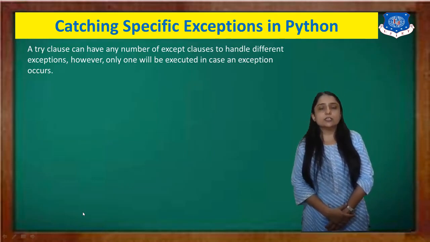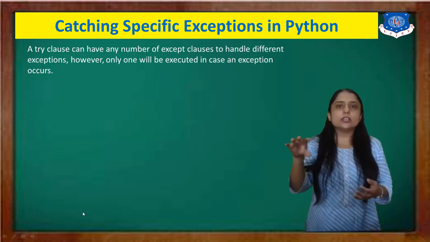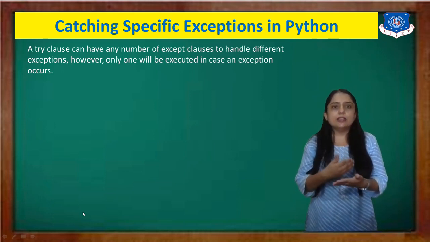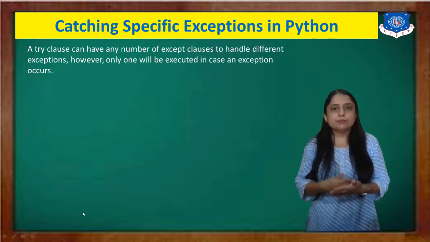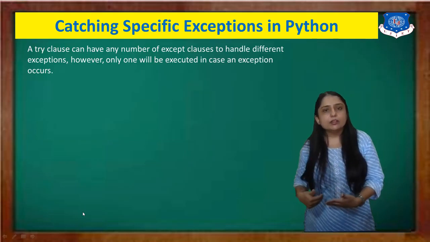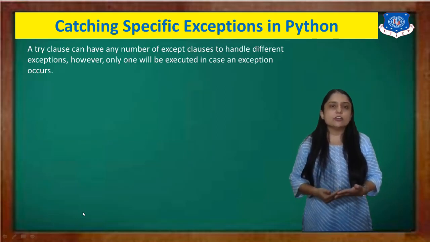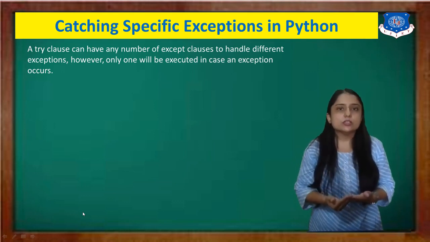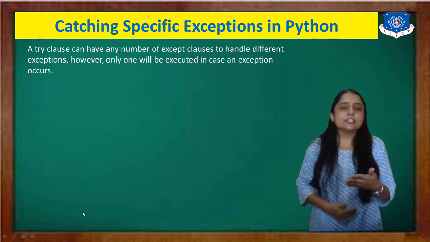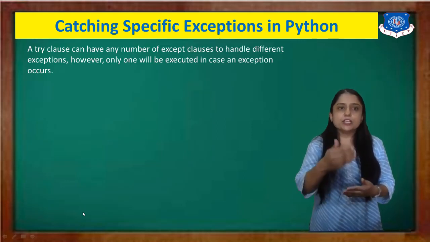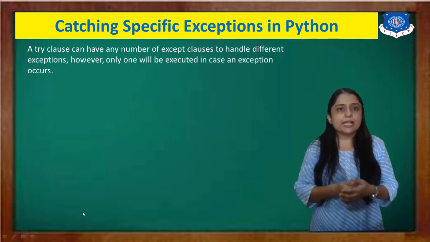What we have discussed is, if I write one statement inside the try clause, and then I write except, there is some value error. Then except, there is some zero division error. So we can define multiple except clauses, just like if and elif statements. You can write multiple elif statements; here also you can write multiple except clauses,